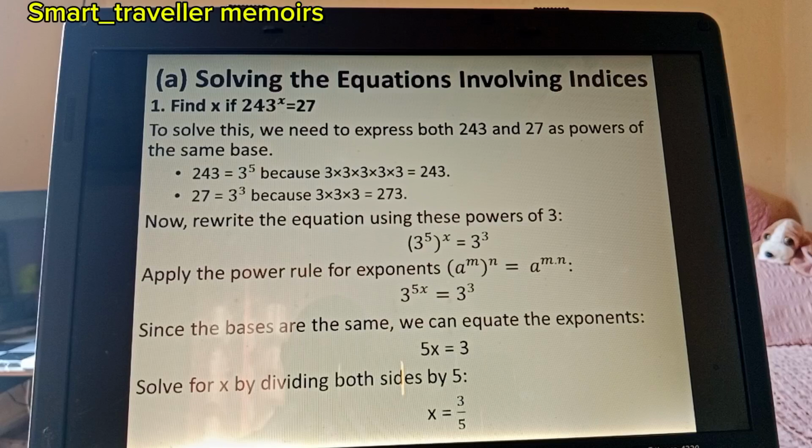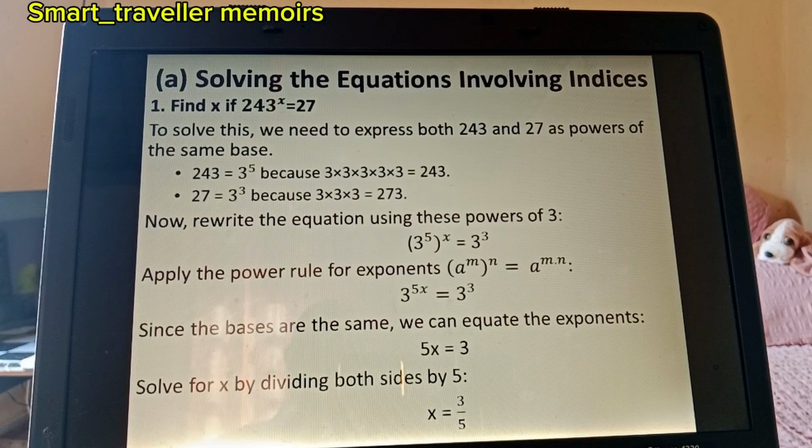Now, rewrite the equation using these powers of 3. So in place of 243, you put 3 raised to 5, and then you raise it to x. This will be equal to 3 cubed, because you have already converted 27 in terms of base 3. Apply the power rule for exponents. The power rule for exponents